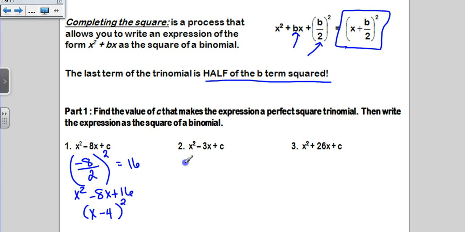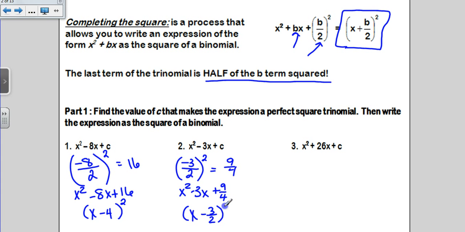So we're going to do the same thing here on number 2. We're going to take half of our b term, so -3 cut in half, and then we're going to square that. Now unfortunately, -3 over 2 is a decimal or a fraction. It's always better to leave these as fractions unless it's an application problem. So -3 halves squared is going to be 9/4. So we're going to rewrite this as x squared minus 3x plus 9/4. And then because of all that hard work we just did, this is going to factor really beautifully. It's going to factor into x, and then half of your b term, a minus 3 halves, quantity